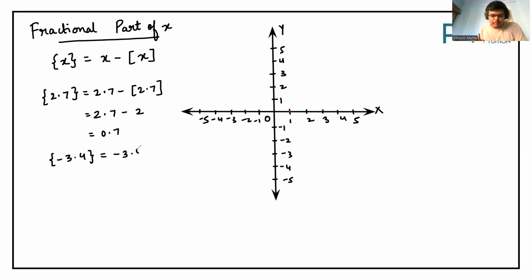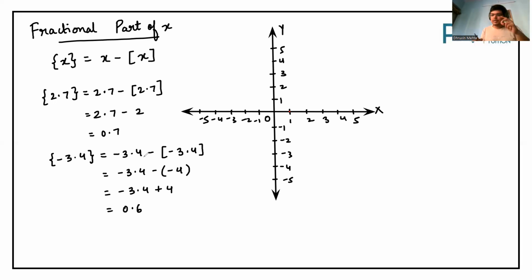So we have minus 3.4 minus greatest integer function of minus 3.4. Now what is greatest integer function of minus 3.4? This will be minus 4. So this is minus 3.4 plus 4, which is